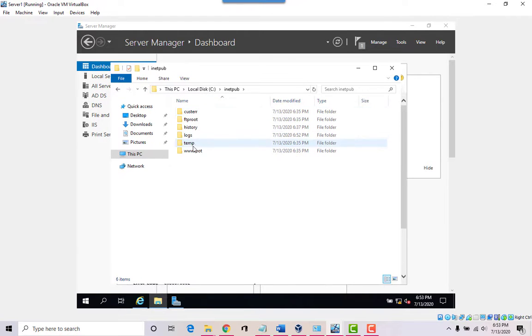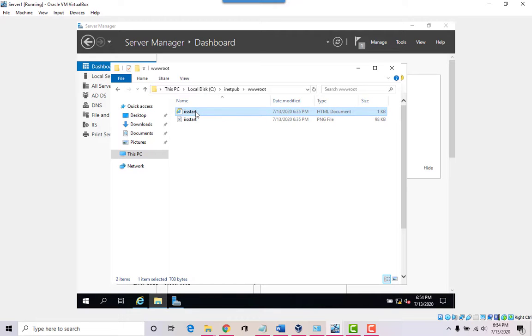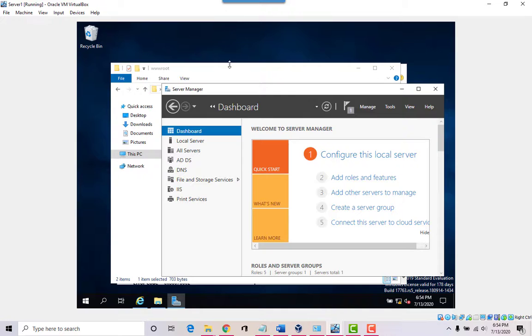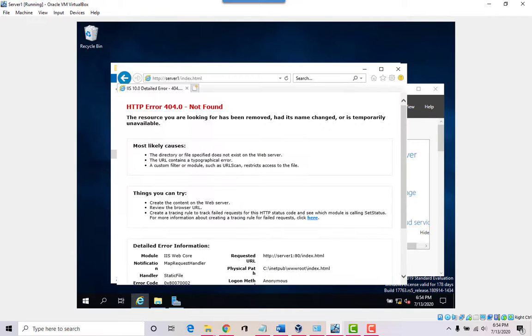Internet Publisher, go to the www root. See, there's also an FTP root. Okay, it's called iisstart.html. And the PNG, those are the graphics that you see. So if I go iisstart.html, that's the website name. Except that, you know, sometimes they hide it so you don't need to see it.